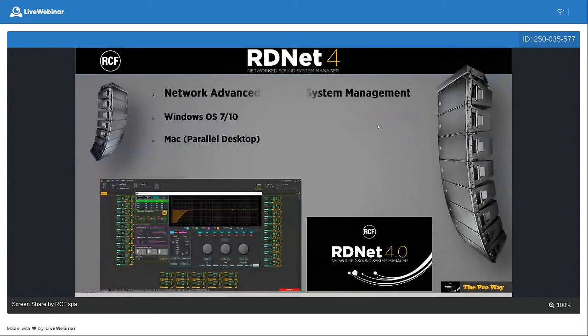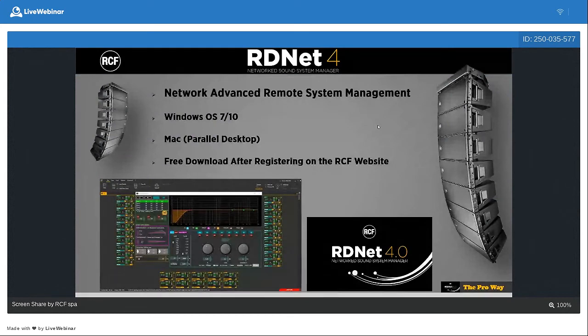So what is RDNet? RDNet is a networking software, a network advanced remote system management software, working under Windows 7 to 10 to 11. No Mac version, but of course we can work with Mac computers using simulation software such as Parallels Desktop, Fusion, and also other software. They can work. We have a lot of customers using Mac computers